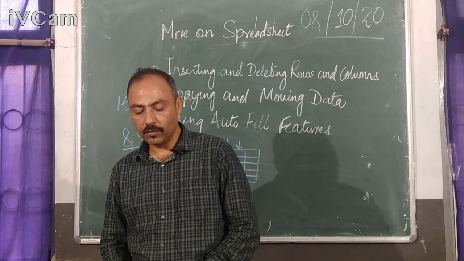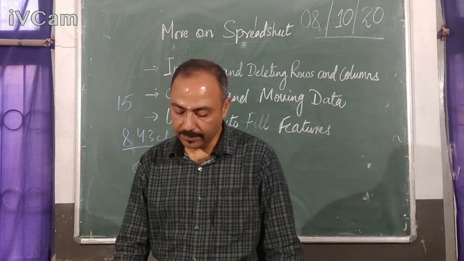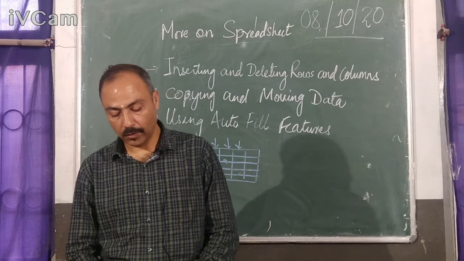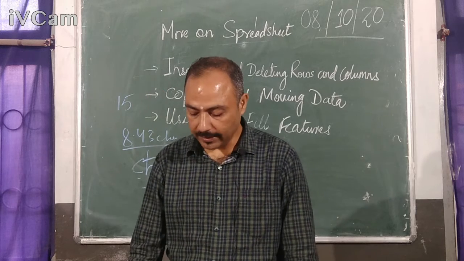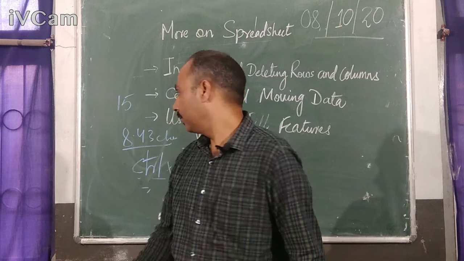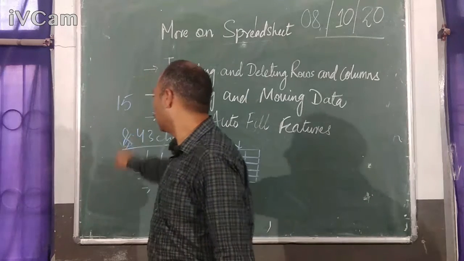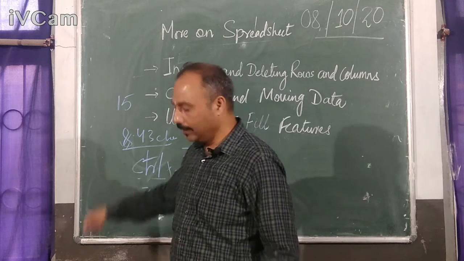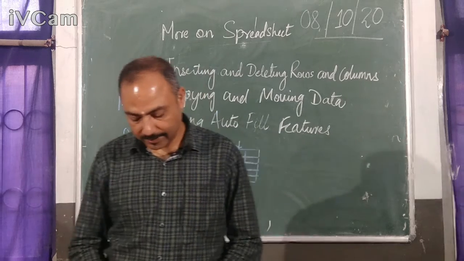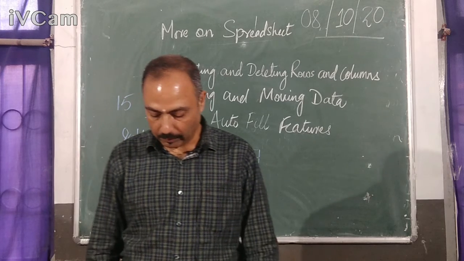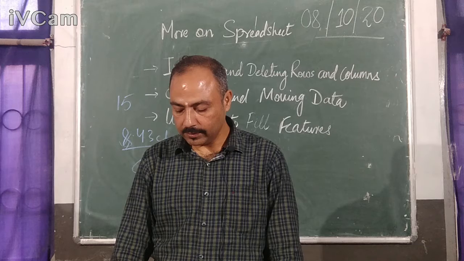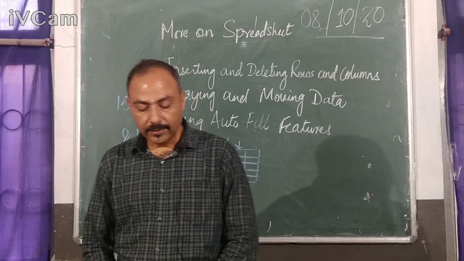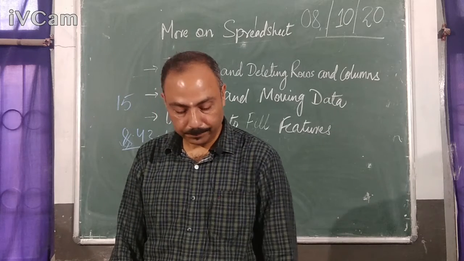To change the column width, under the same item, that is cell size, click the column width. The default is 8.43, that needs to be changed. So we have to know that the default width of the columns is 8.43 and the height is 15. So that needs to be changed. You can give the height according to your requirement. In the column width box, enter the required values and click on OK. So this way you can change the cell height and widths.